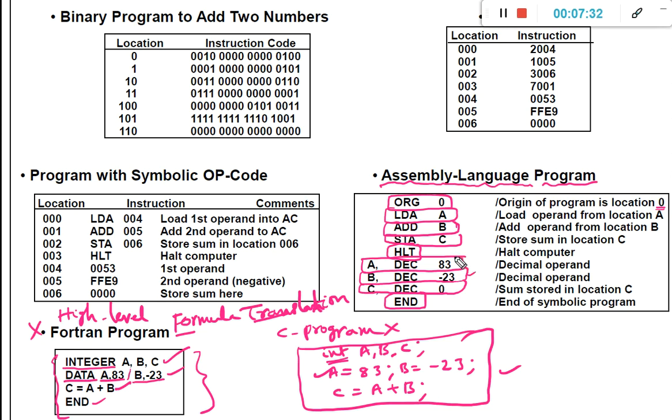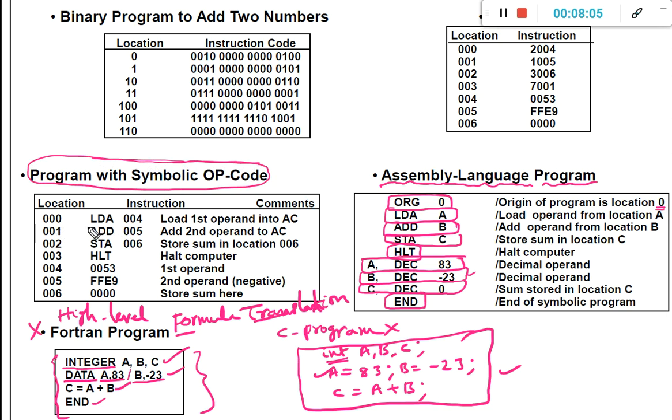In the coming up sessions, we will be learning what are the different types of commands other than the arithmetic as well as the logical operations. That also we will see. As of now, remember, this is the code for adding two numbers. Next, the same code, if you are implementing using a symbolic operation code, then we can write the same code like this. So what is that code?